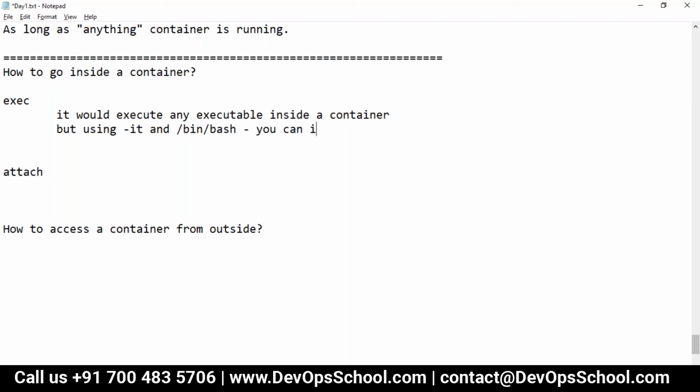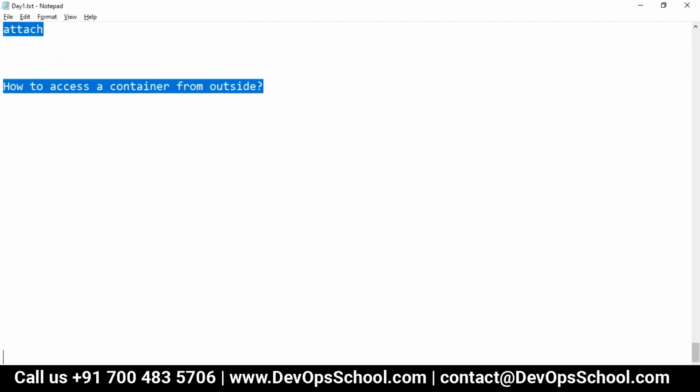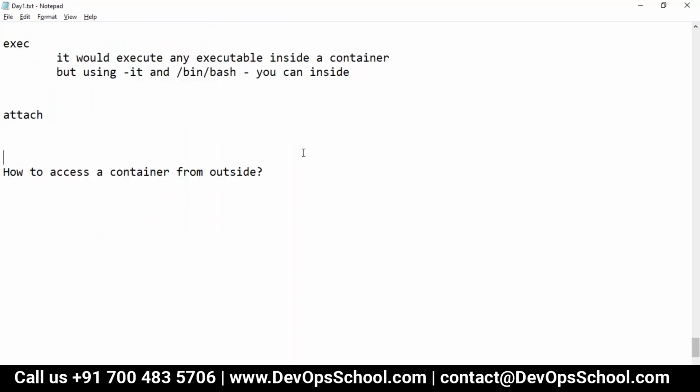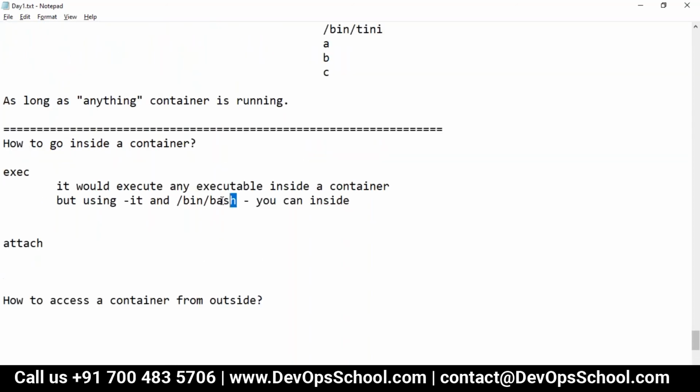Yeah, -it means interactive. And who are you? You are a human. You interact with the compute unit using only a shell. So -it always works with a shell. It can be bash shell, PowerShell in Windows, or C shell, Korn shell, all this stuff.